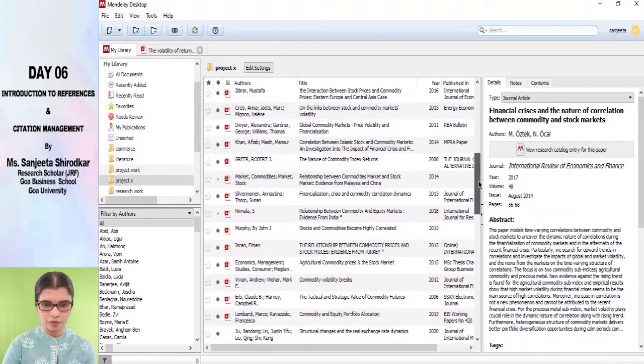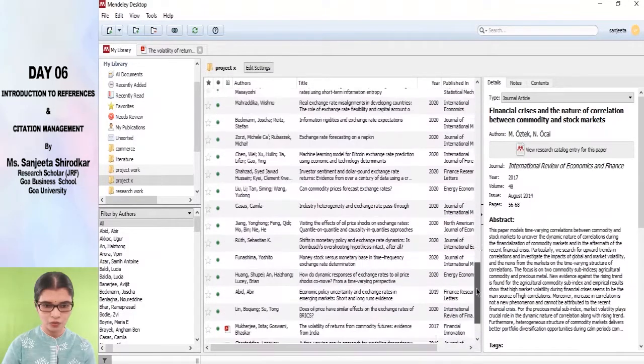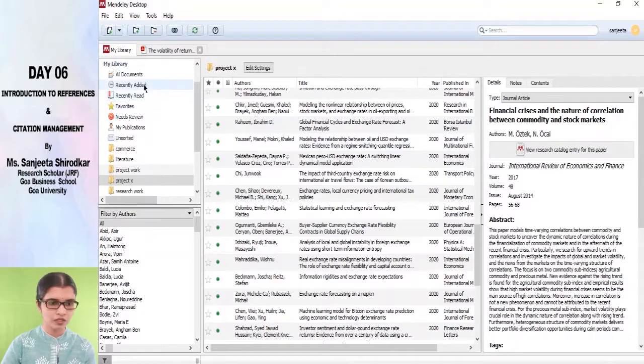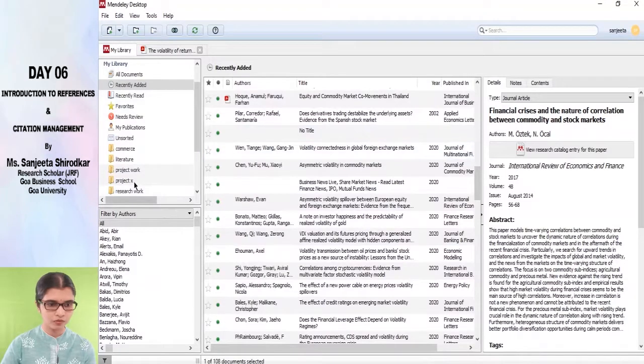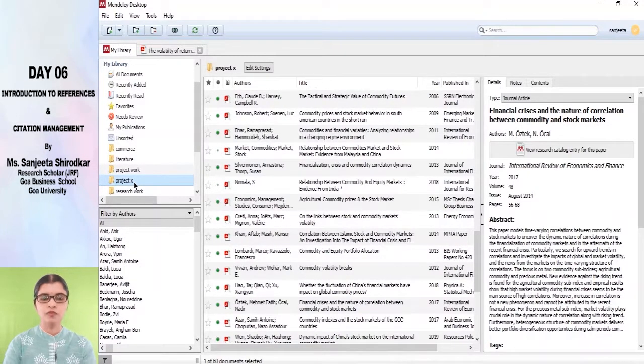So all the references have been pulled in. Here are those references which I just now pulled in, recently added. This is the basic way in which references could be pulled in. There are n number of ways. I showed you two ways to enter manually. Thereafter you could use the literature search functionality of Mendeley. Then there are ways such as straight away pulling the folders of files or dragging and dropping, and you could also use your browser plugin for bringing the references.